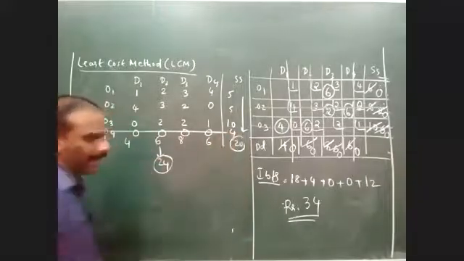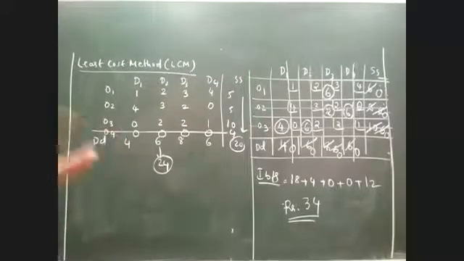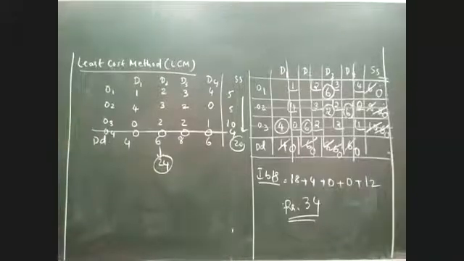Now it becomes balanced. Here many students get a doubt. What is the doubt, sir? Once you convert an unbalanced problem to a balanced problem in least cost method, now the dummy values, there are 4 zeros: 0, 0, 0, 0. Should we consider these 4 zeros also for allocation, or should we leave them? This is a common doubt most people have.